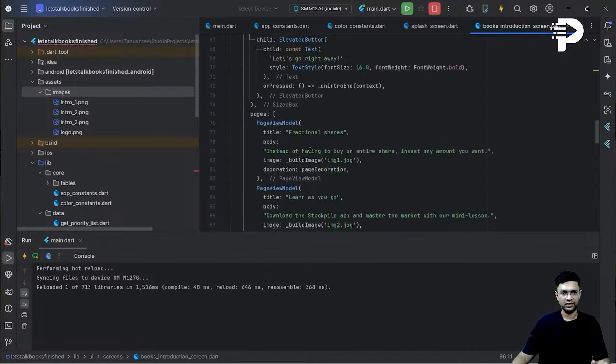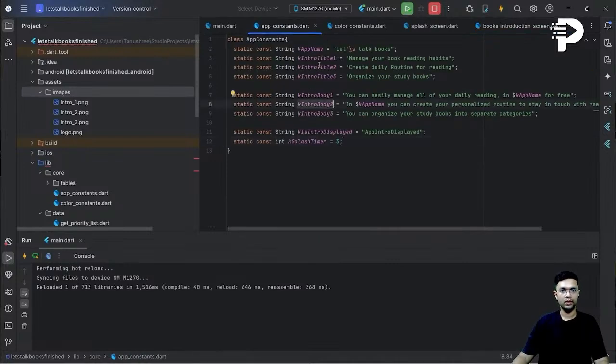Now, what exactly is this? So let's say over here, one page view model represents one page in the app. So if I want to have my own title, you'll notice over here I have my title 1 followed by body 1, title 2 followed by body 2. So let me just add